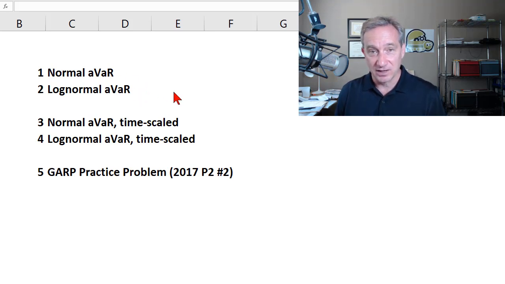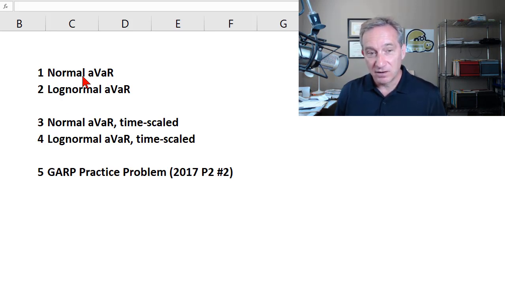And specifically, we're going to generalize to absolute VaR. So that's why I've got a little A there. Absolute VaR generalizes the relative VaR. So it's the complete version of VaR. But the key things we're going to do here is look at 4 different use cases so we can compare